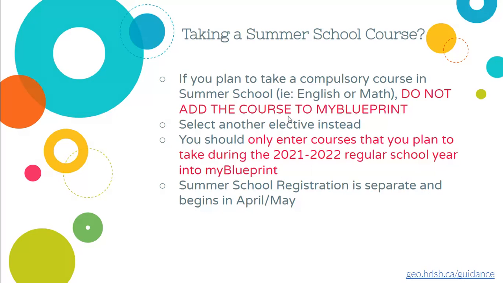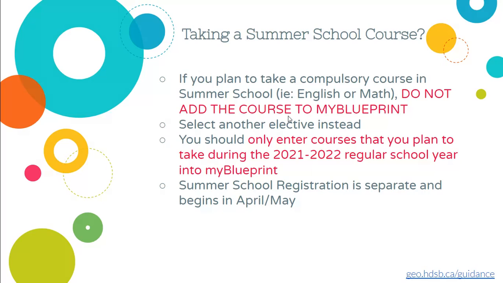Maybe they want to fast track to a future grade, like they're in the summer between grade 10 and grade 11, and they want to take a grade 11 credit to maybe get ahead. Sometimes students are needing to make up a credit that they didn't earn in their grade 9 or grade 10 year. Really, when you are thinking about taking a summer school course, perhaps like English or math,